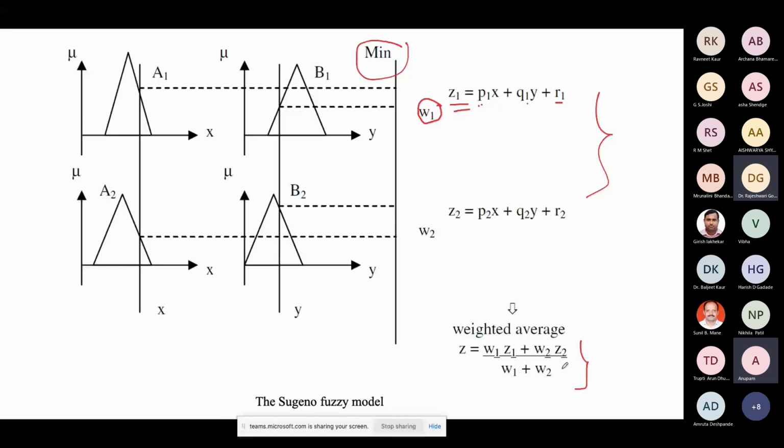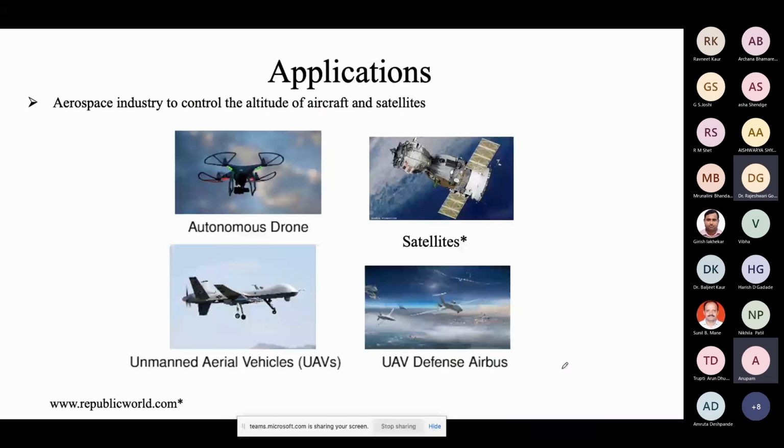But because this is a continuous case, that's why we are using centroid. If it is discrete, then we have to use this way, right? So I hope everyone is clear till here. Okay. If you have any doubt so far, you can ask. Okay. So now we'll see some applications related to the fuzzy logic controller.